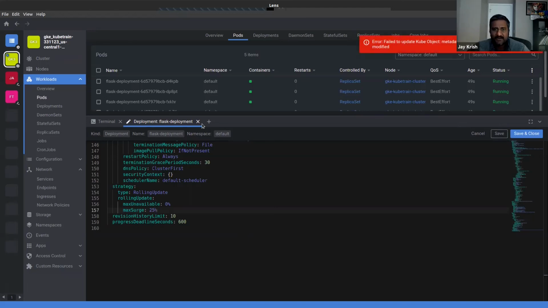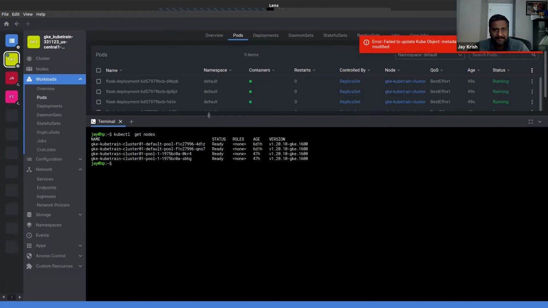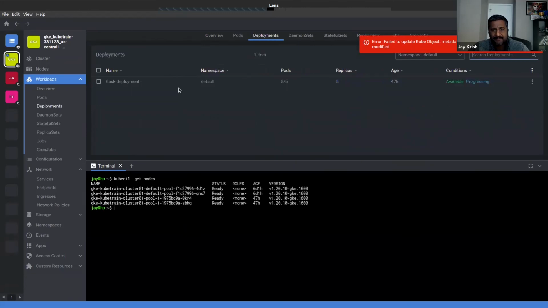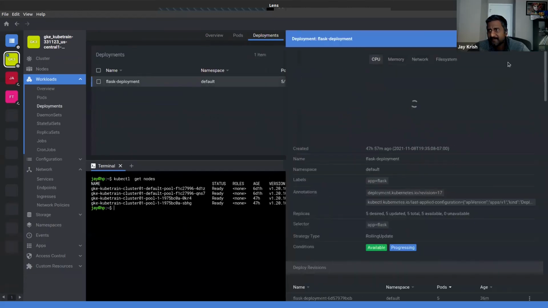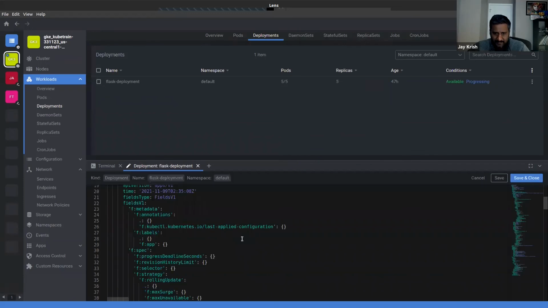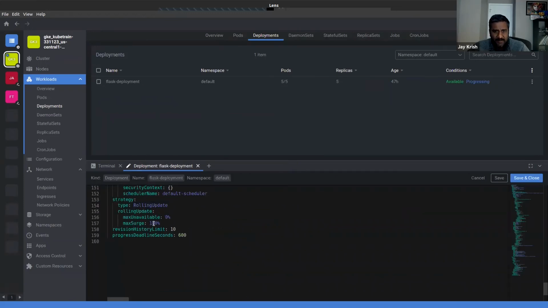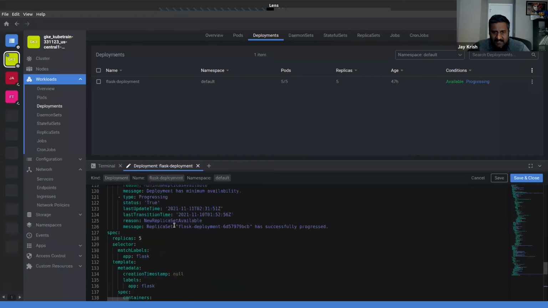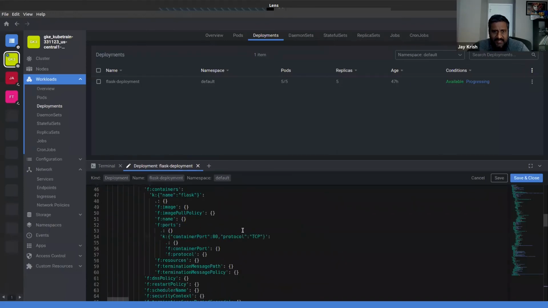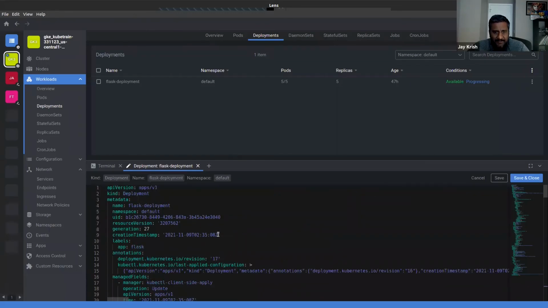Oh, sorry, I have to go back here and edit it. Right, so this is about deployment. I want to set 25% surge, and also let me make the scale a little bigger.